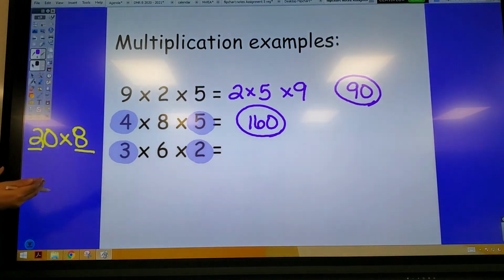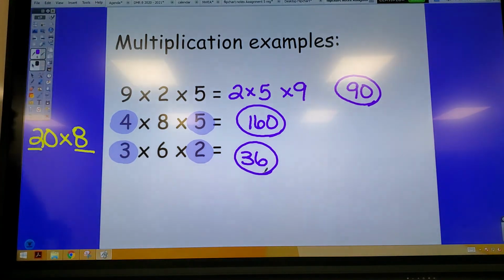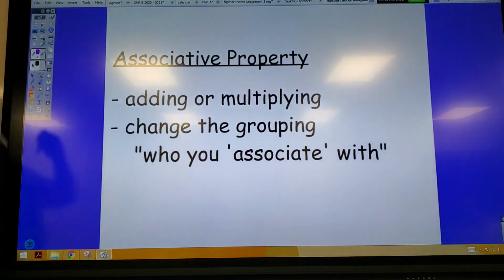is 6. And then 6 times 6 is 36. How is 3 times 2 5? Okay, so again, commutative property is changing the order of the numbers so that it's easier to add or easier to multiply. Okay, now the property that people get confused with the commutative property is the next property, which is called the